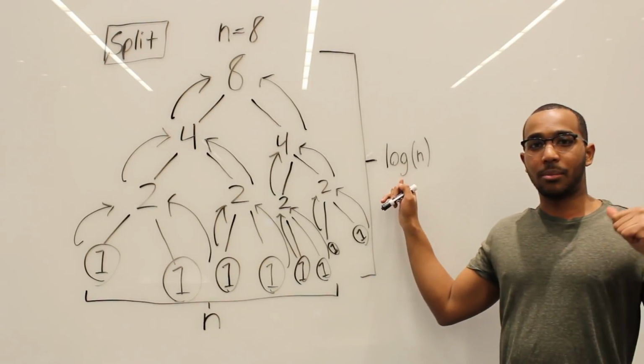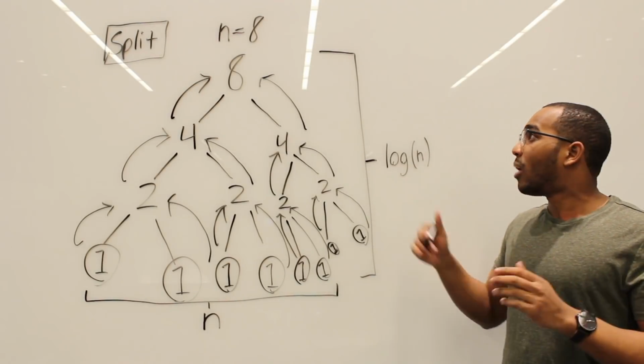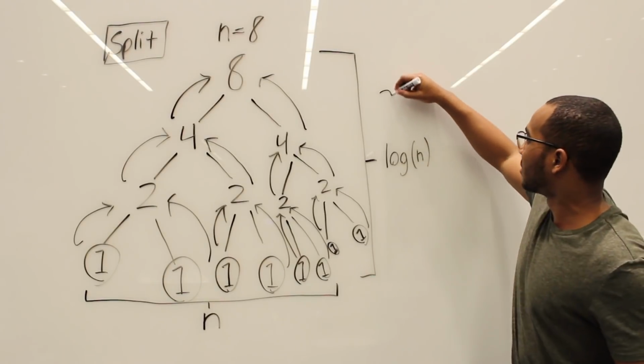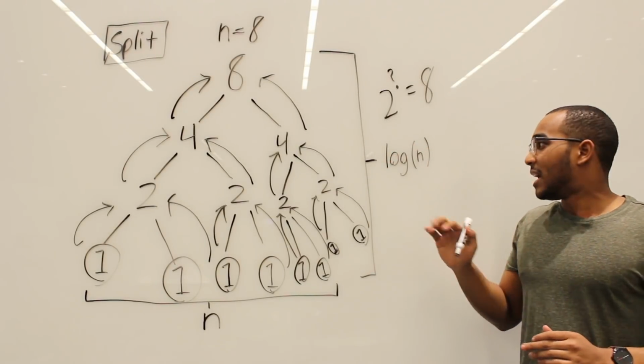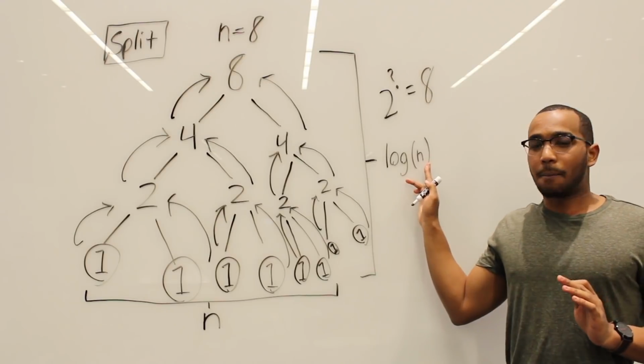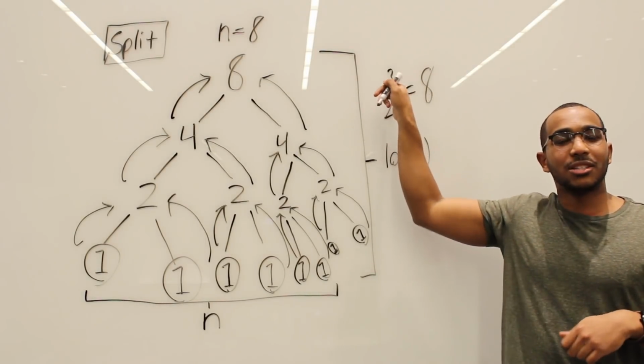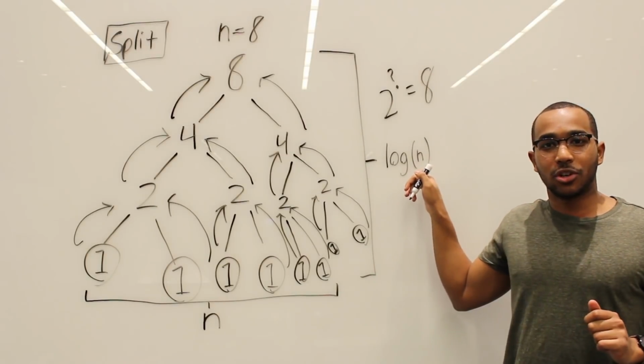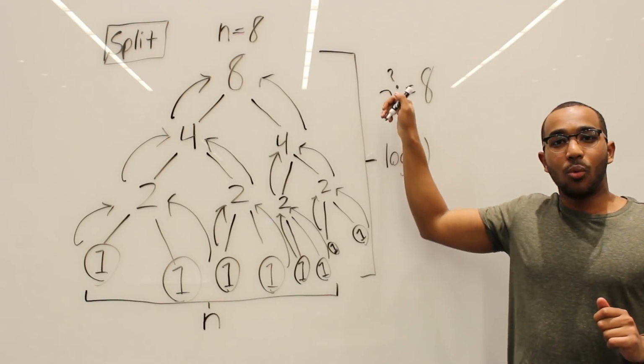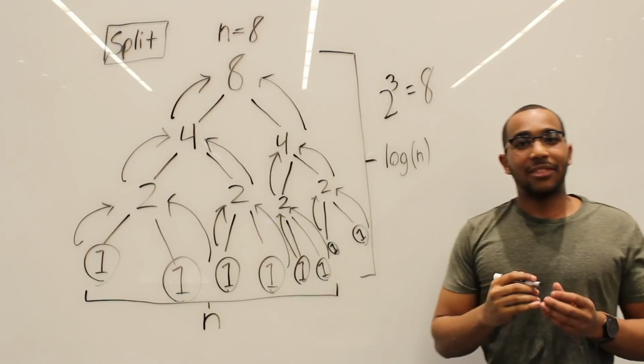Okay, so we're slowly piecing the facts together. We have a logarithm, log of n. What that asks us is, this is all a logarithm asks us. It says, to get the number n, what do I have to power my base by? Base 2. What does it need to be powered by to get the original n? We know that 2 to the what is 8, 2 to the 3, and that holds true.